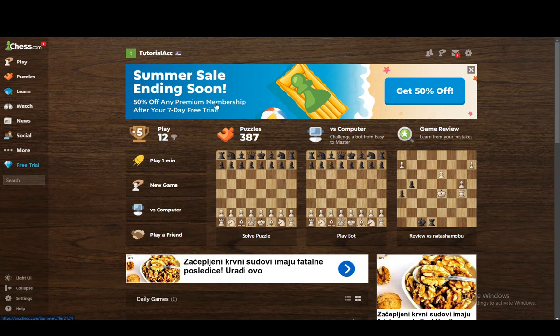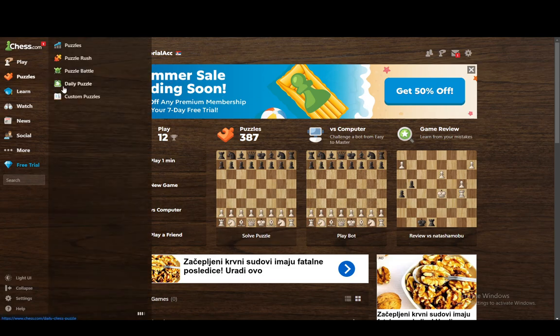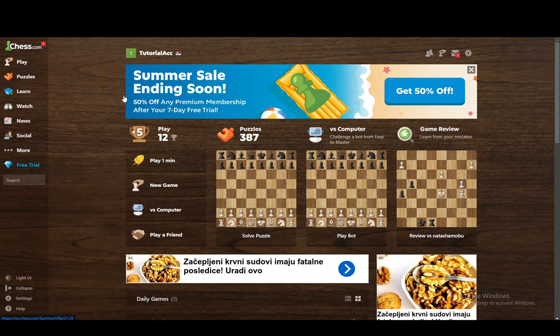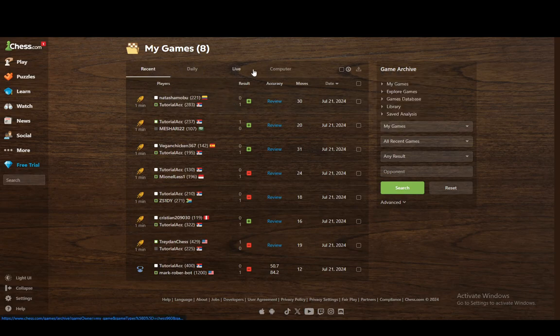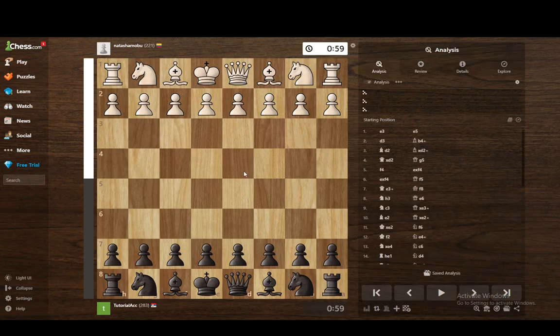As you can see, I'm on the main page of chess.com and I'm logged into my account. Go into play, then go into archive, and you'll see a list of all your games. You can see the recent ones, the daily ones, the live ones, and computer ones. You just need to click on a game and click review, which will take you to this page,